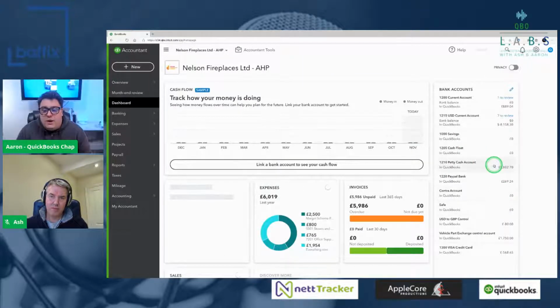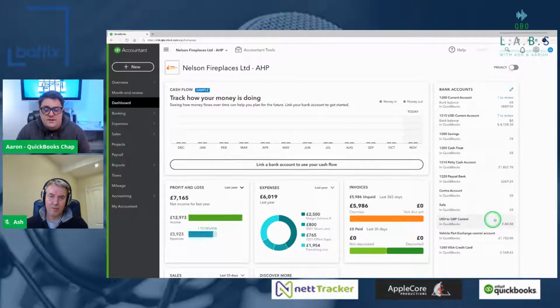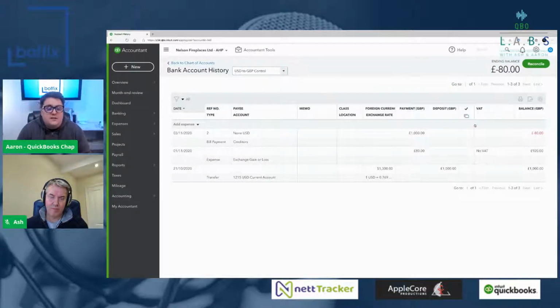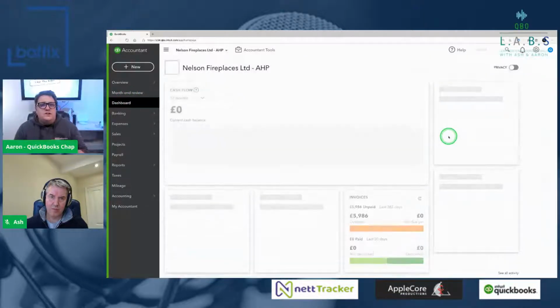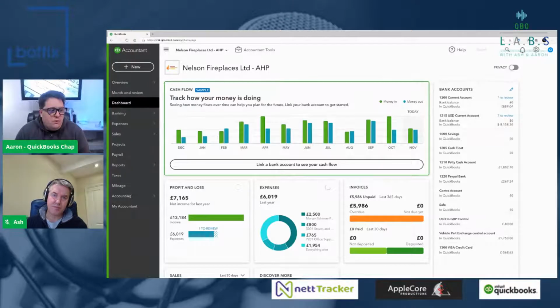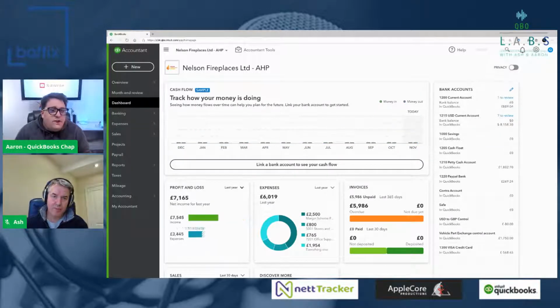And then you would have to write off if there's any differences. So in this case, I've got an £80 difference I would want to work out as an exchange gain or loss at some point. And that's where you've got to start thinking a little bit outside the rules of what we would normally do. So there are a few restrictions there, a few things to be mindful of.